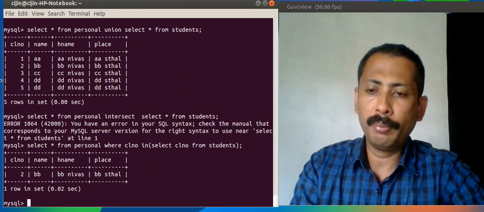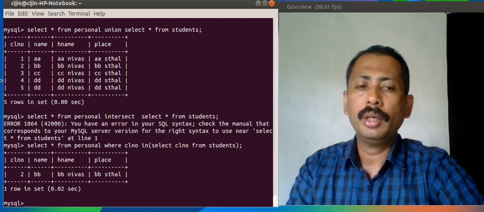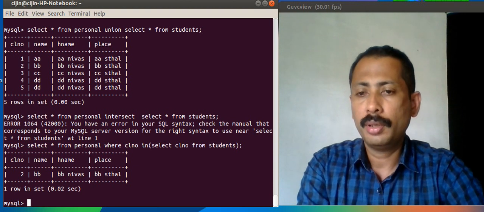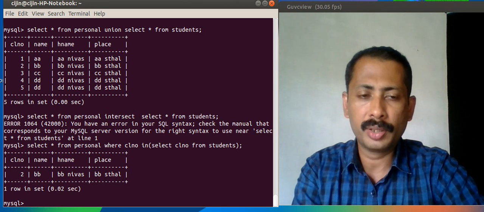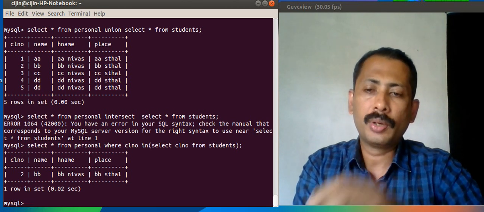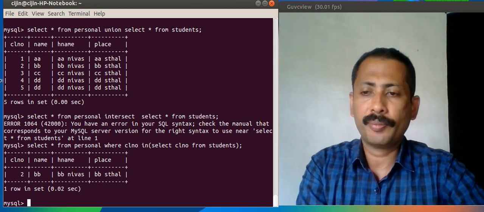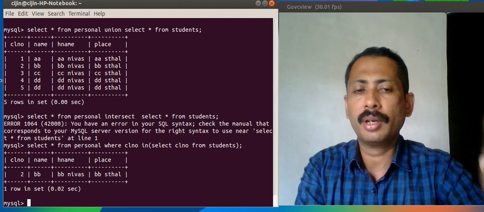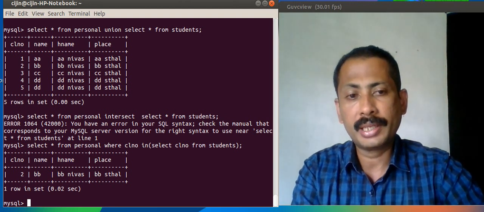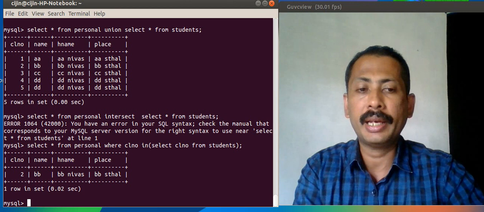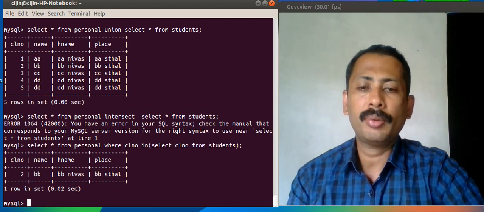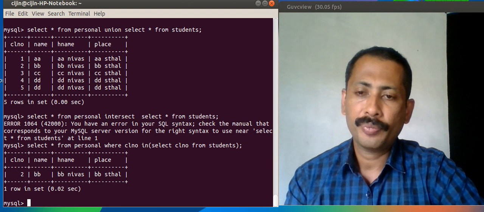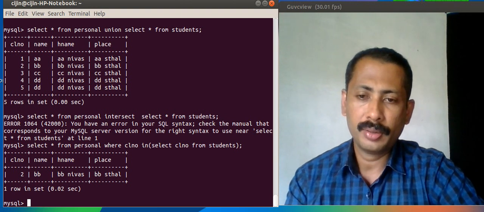So it can be implemented using the inner query, where class number is in that list of class numbers from students. So this is the intersection operation.